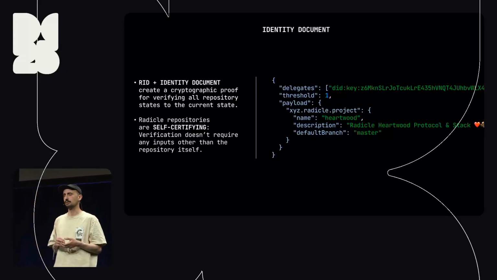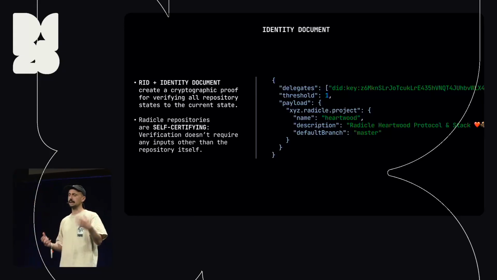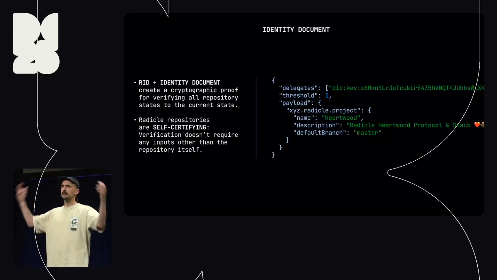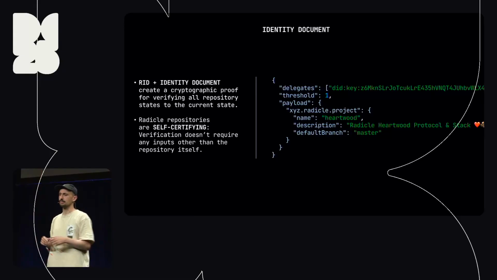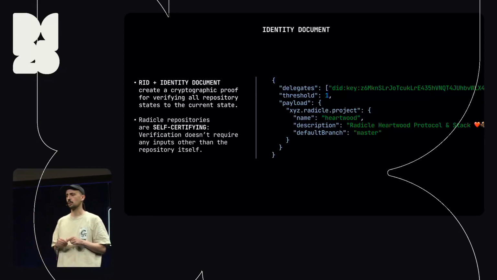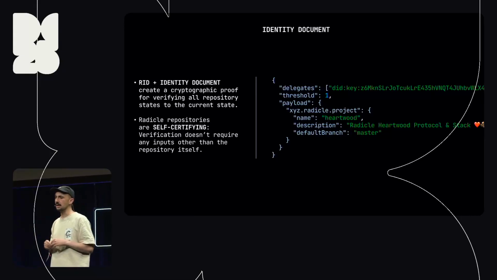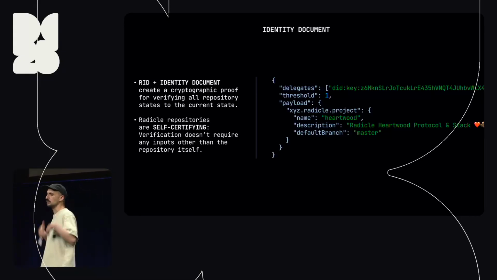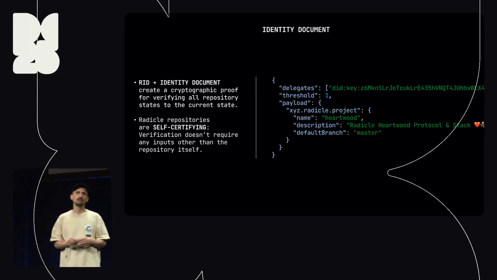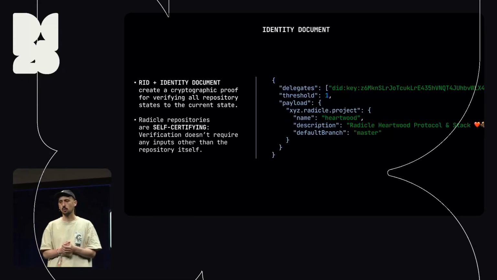The one thing that we codify is something that we call the delegates. You can think of these as the signers, the admins, the governance of that repo. And then additionally, you have the possibility to specify what we call a threshold. In this particular example that you see behind me, the threshold is 1. You have one signer and the threshold is 1. So in order for you to change the state of a repo, all it takes is one signature from